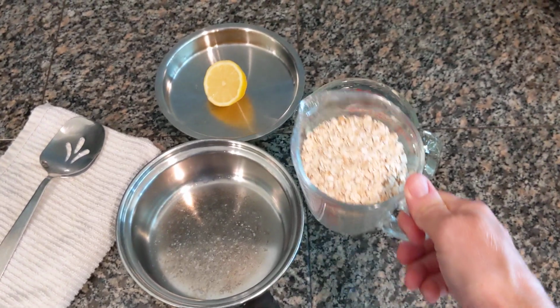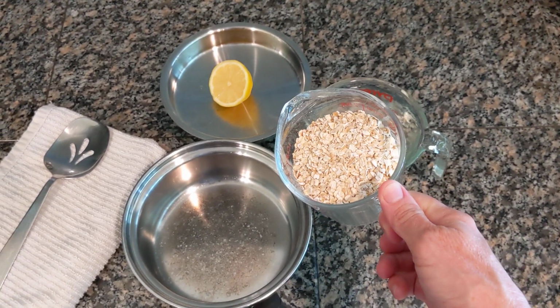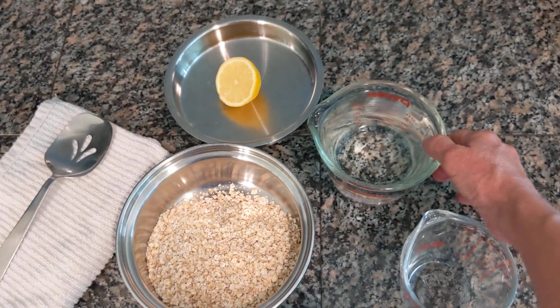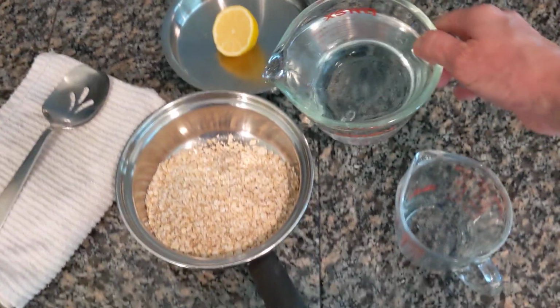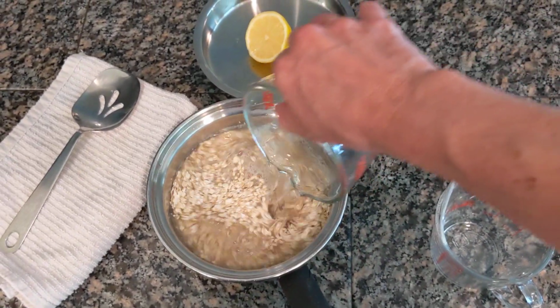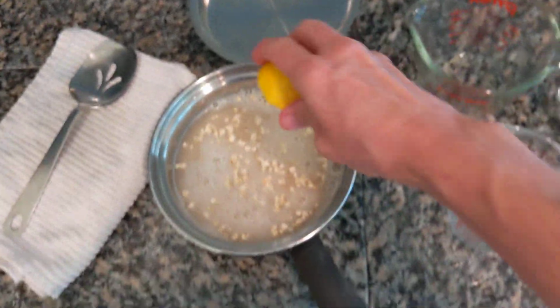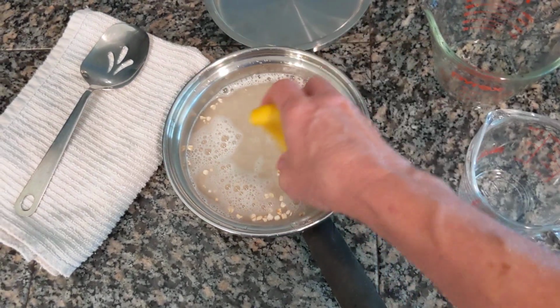First of all, I take 1 cup of organic oats and you just dump it into a pot like that. Then I've got 2 cups of filtered water here and you just dump it in like that. And then I take half a small lemon and just squeeze it in like that